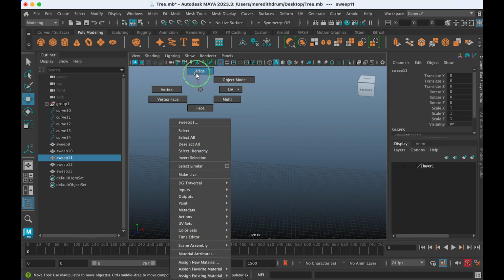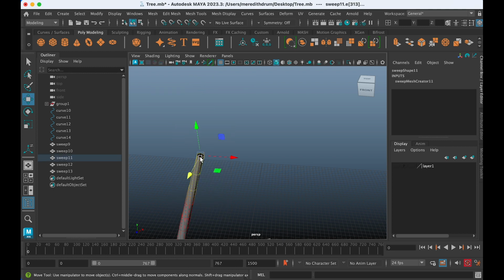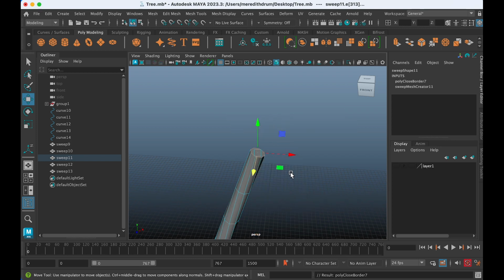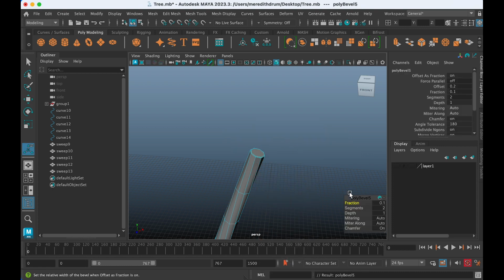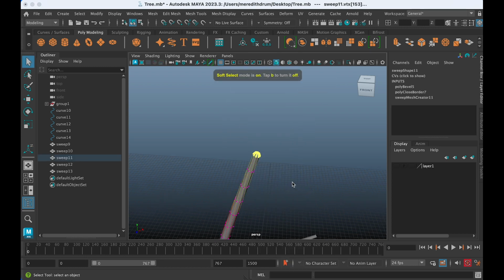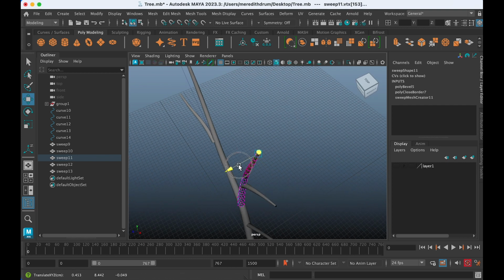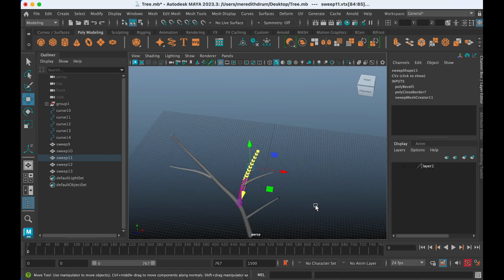Again, so edge, double click to get your edge. You can turn off soft select because you don't need it for that. I'm gonna press F to focus, shift right mouse click, fill hole. I think I have, yeah, there we go. And shift right mouse click, bevel edge, add some to it. You can play around with these things. And then when you want to use soft select, you can turn it back on and add again to the kind of irregularity of your form.